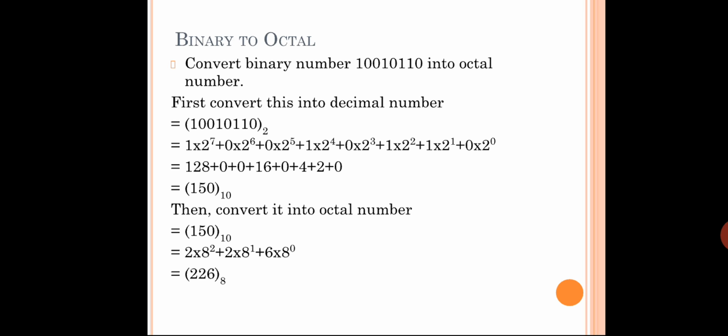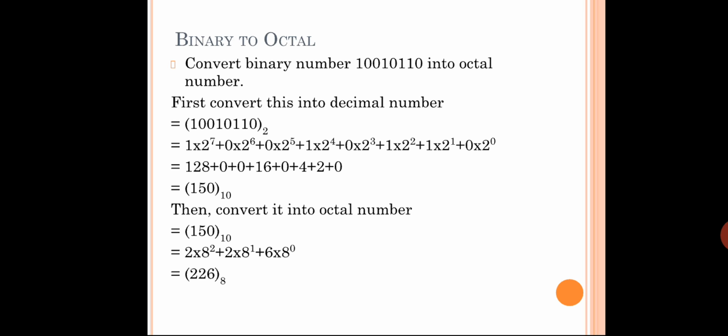Fine. So this is the better option, because you may miss out some of the steps. If you go for direct or shortcuts, you may miss out. And if the question is for 10 marks or 8 marks, obviously you have to follow these steps instead of directly going for a one step answer. Fine. So it is a standard method. You have to go in this fashion itself. Whenever you get a binary number that has to be converted to octal number, first you have to convert binary number to decimal number, from decimal number to octal number.